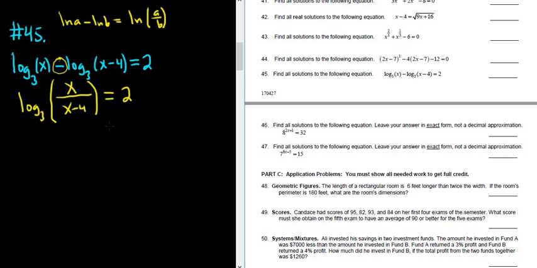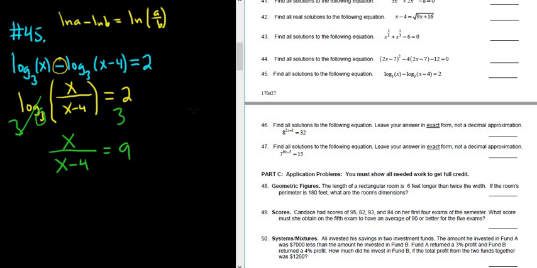Okay, so now we have to get rid of the log. To get rid of the log, we're going to exponentiate both sides. There's a 3 here, so we'll put a 3 here, and we'll put a 3 here. This is called exponentiation. These cancel, and you get x over x minus 4 equals 3 squared,